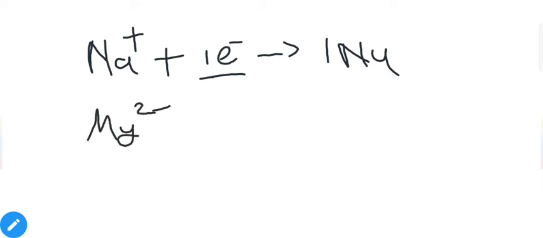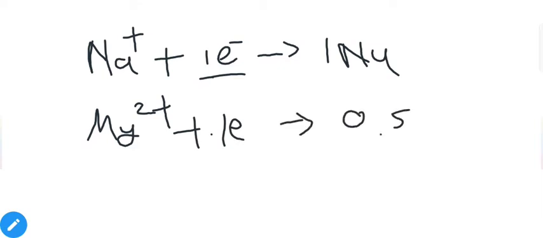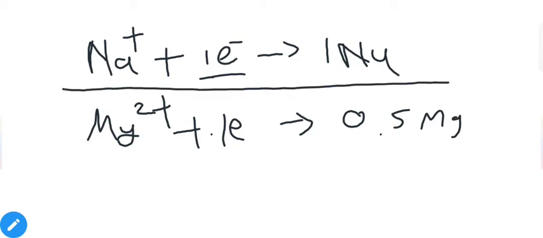So as mentioned, the quantity of reduced species is proportional to the electricity passed. So suppose you have Na+ ions in the solution, and if we are passing 1 mole of electrons, that means electricity equals 1 mole of electrons, then it will give us 1 mole of Na metal. But if you are using Mg2+, then 1 mole of electrons will give us 0.5 moles of Mg metal. For the first reaction, if you are using 1 mole of electrons, then 1 mole of Na will be obtained.